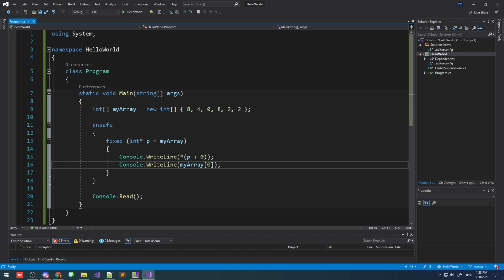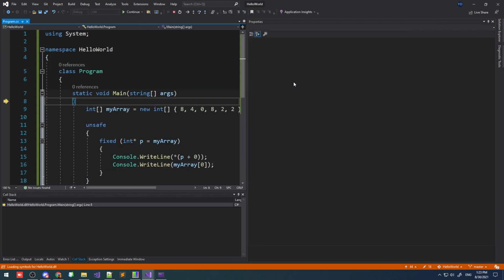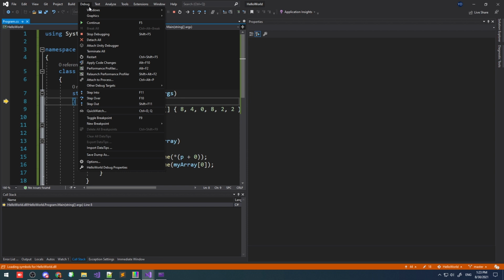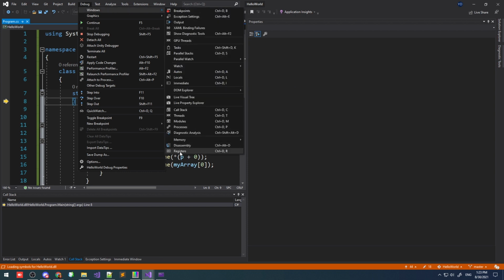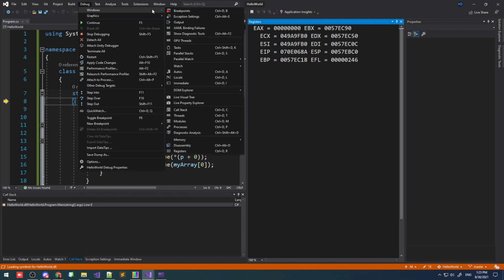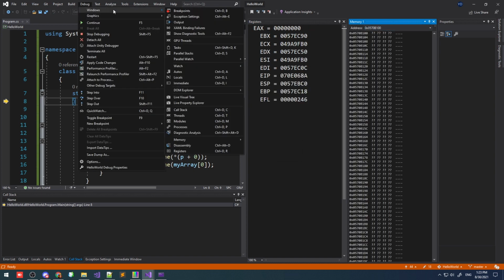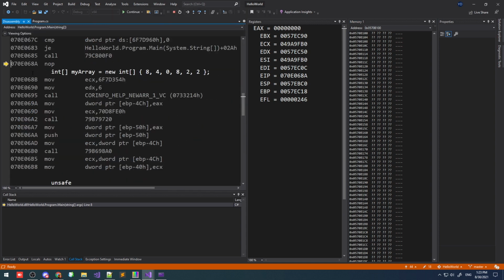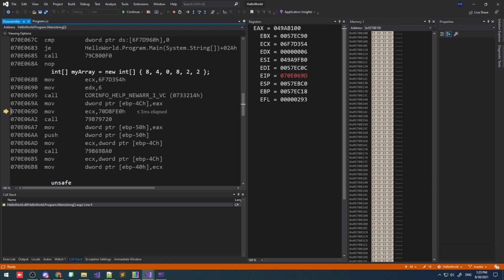If I hit my F11 key to go into debug mode, I can open several advanced debug windows such as the registers, which are basically little pieces of memory that sit on the CPU memory, where we can see our RAM, and disassembly, where we can see our C# code being translated into these native CPU instructions. If I F10 to this move instruction, we will see that this is the memory location in RAM of my array. And if we go to that memory address, we can actually see that value stored here.